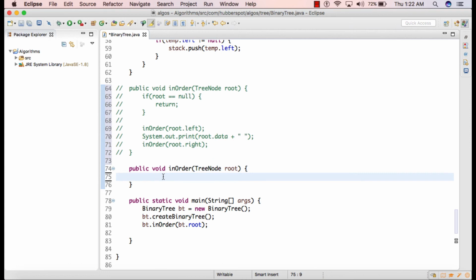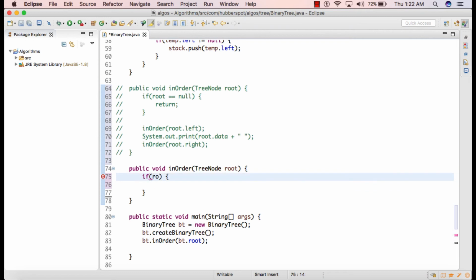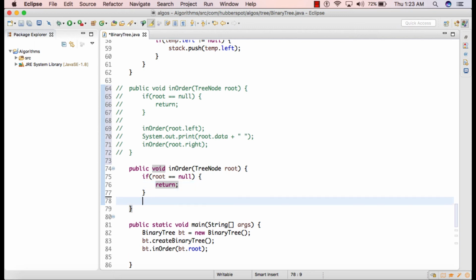So let's code the algorithm which we saw in the slide. In the first step we'll check whether root is equal to null or not. If root is equal to null, we'll simply return from this method because there are no nodes in the binary tree to be traversed.